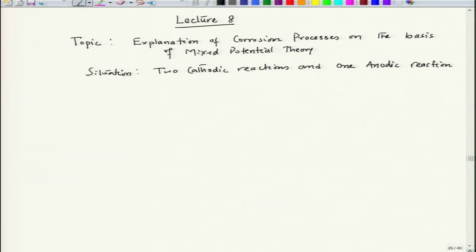We have already covered a situation where the cathodic reaction is 1 and the anodic reaction is also 1, that means single cathodic and single anodic process reactions. Now, here we are considering two cathodic reactions and one anodic reaction, and the example being zinc dissolution